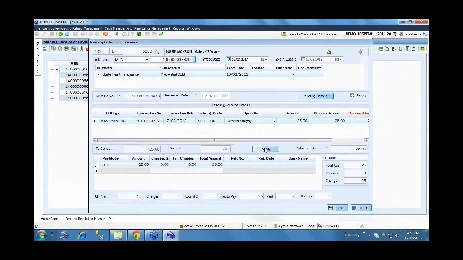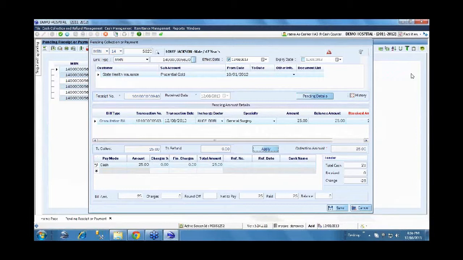So I'll specify apply. By default, the payment mode will be picked as cash and then shown. It's not necessary that the payment mode needs to be only one. We support all types of payment mode, and we support the interface with the credit card devices also, the POS devices, by which we can send and receive the information and auto post those details here. So payment by cash, check, credit, debit card, whatsoever can be captured, and it can be more than one also. In this case, I will make it a simple single payment mode. When it comes to high value bills, we will show you how we can use the multiple payment mode option.